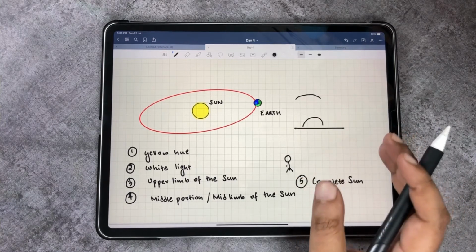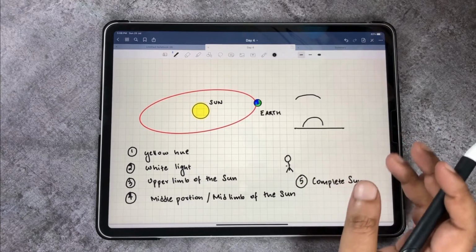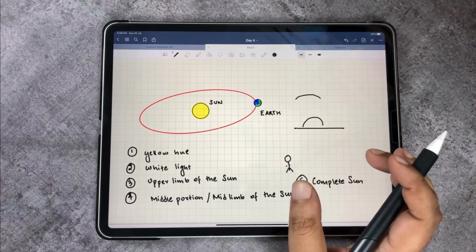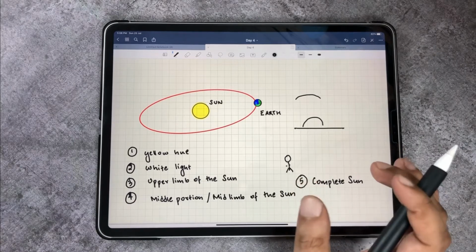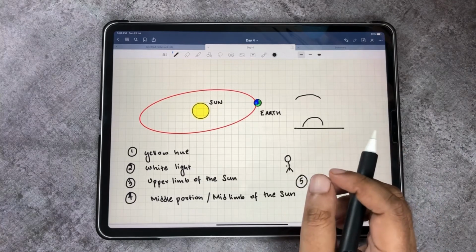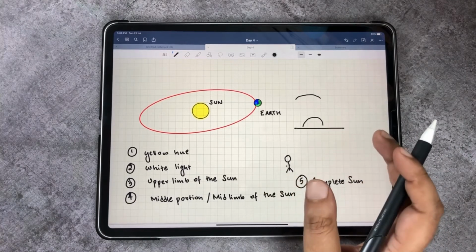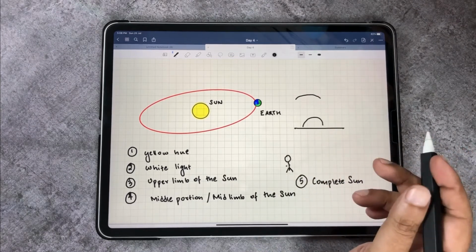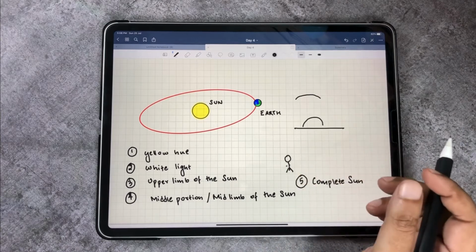Now, once you find the Surya Udayam and the Surya Astamanam, you would be able to know the complete duration of the day and the complete duration of the night. So once you know all of this, that's when you can get into the first stage of Ganita or mathematics that would be used throughout the course.